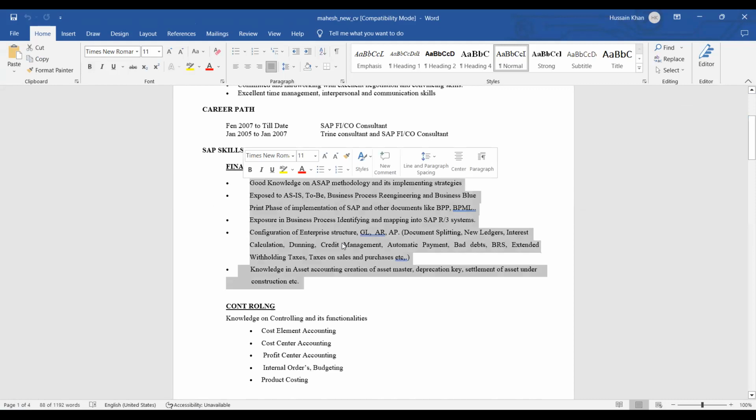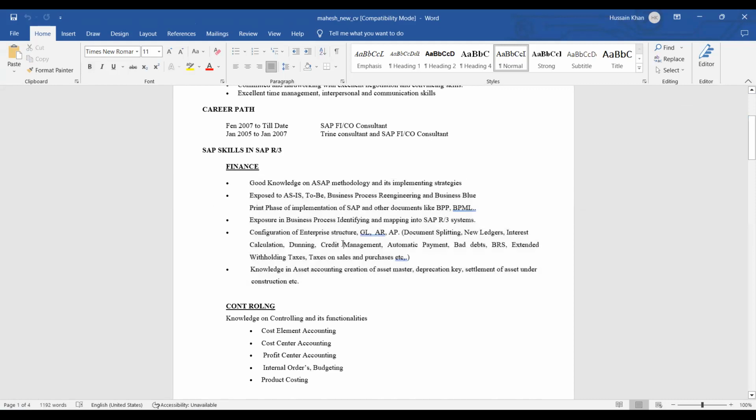I'm just talking about the first point which you need to mention about the SAP skills which you have. No need to mention any experience or fresher. You just need to mention SAP skills or SAP summary, what all you know in SAP, that you have a good knowledge of SAP methodology, you know what is an as-is to-be document, right?